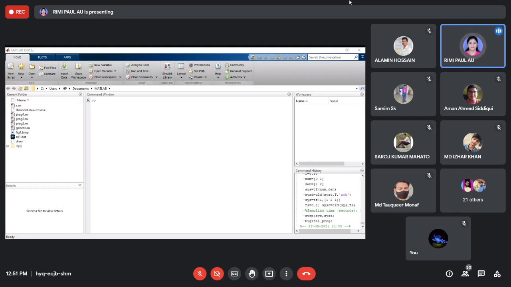And try to buy a laptop or desktop. A desktop now, I think, is 12,000, 11,000, or within 10,000 you will get it, through EMI. If you buy it through EMI, it will help you. Not only now, even in future also, one laptop or one PC is required for an engineer.